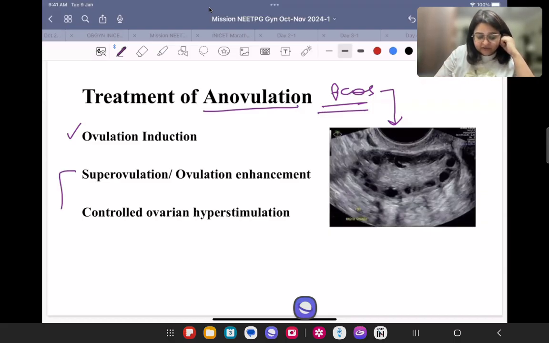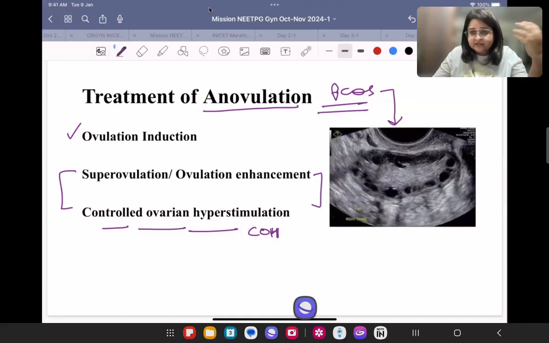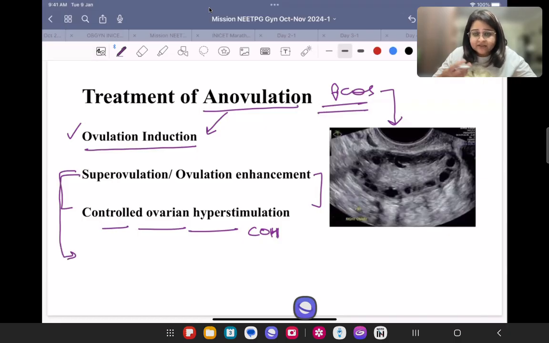Okay. Now there are two other terms which you may come across. One is super ovulation or ovulation enhancement, and the other is something called controlled ovarian hyperstimulation, or COH. So you should also know what these terms mean in case a question comes where these terms have been used. If we are inducing ovulation in a woman who is anovulatory, it is called ovulation induction. If we are trying to enhance the chances of her getting pregnant despite her already being ovulatory,